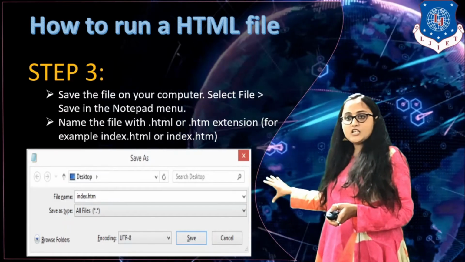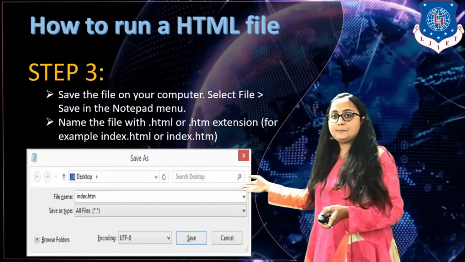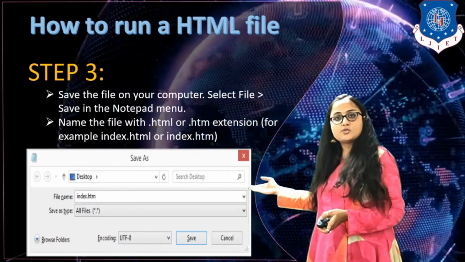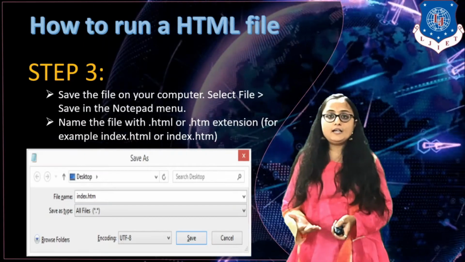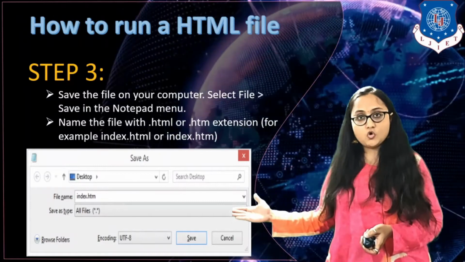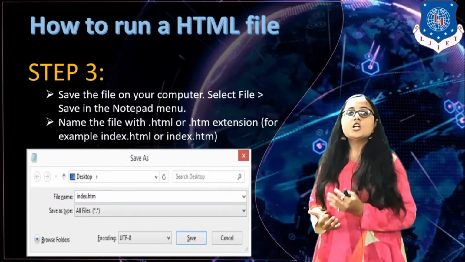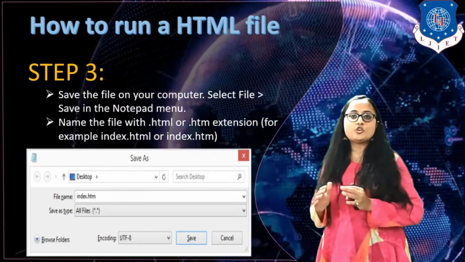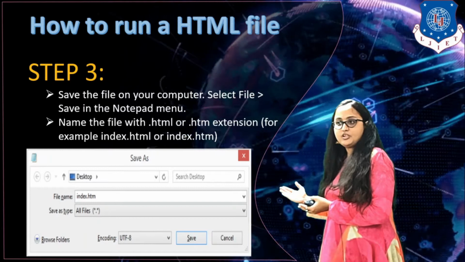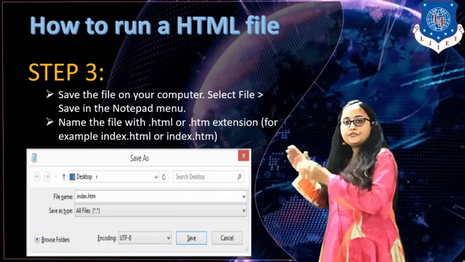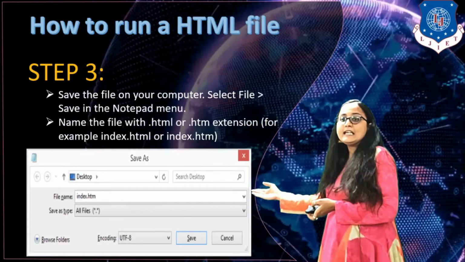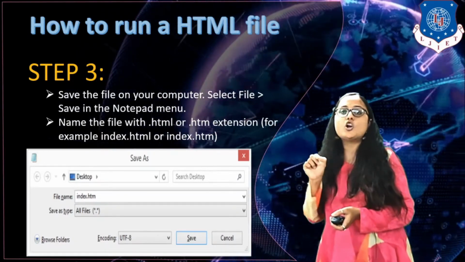In that Save As wizard, you will be asked to write the file name. Whatever file name you want to give is okay. That file name is basically a user-defined file name, but it is recommended that you write the file name according to your web page. By default, whenever any website displays its home page or first page, the first page is normally the index page, right? So if you are using the first page or the home page, which is displayed by default in your website, you can give index.html. Now what is this .html?